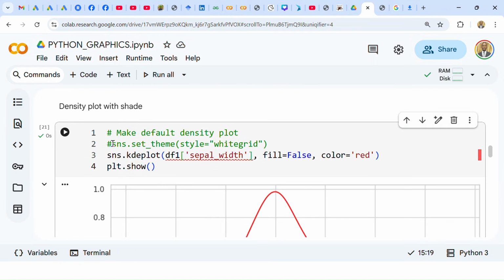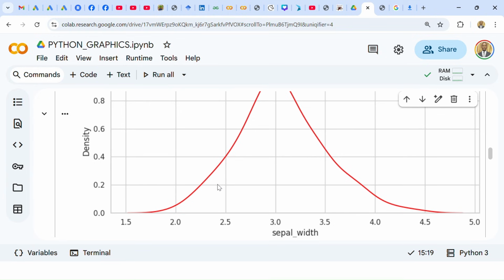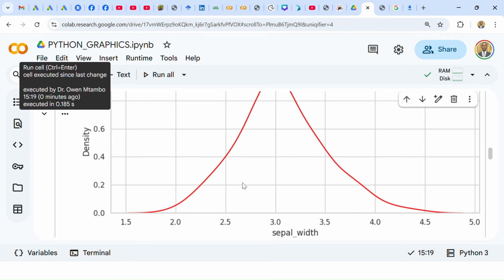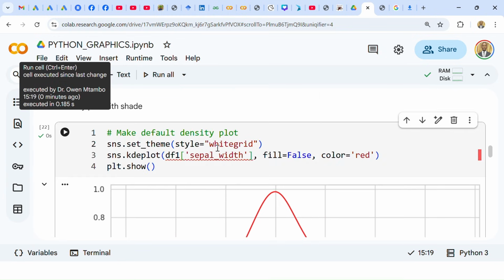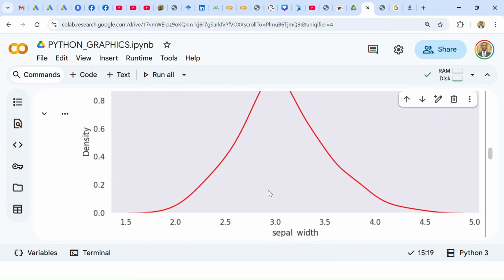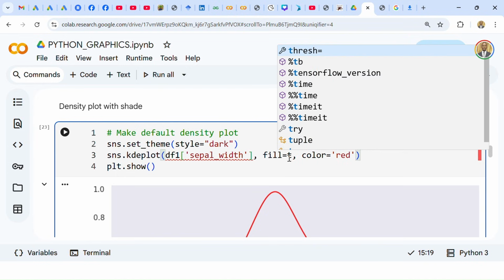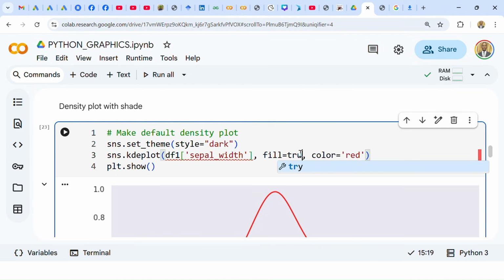Now if I use the white grid and run, you can see that the magma and white grid are not very different. But if you use another one, maybe if I use dark, then this would be different. So you can see this is dark, but this is not a filling, it's just dark, but you need to fill. So to fill, if you put false, if we put true now,